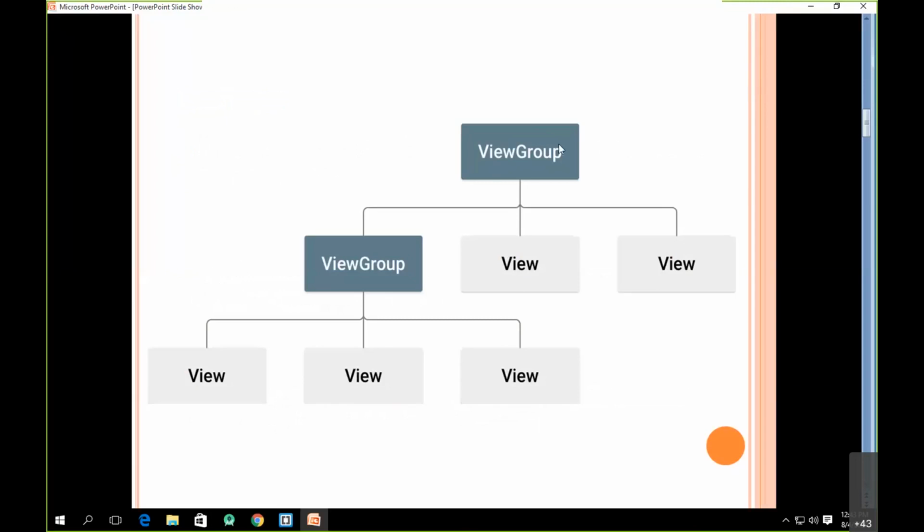A layout consists of a view group. Now, a view group is basically a group of views, and it may again contain some other view group as a child. As we say, this view group is containing 3 views. And always remember, a view group will be an invisible container. Now this is about the theory part.